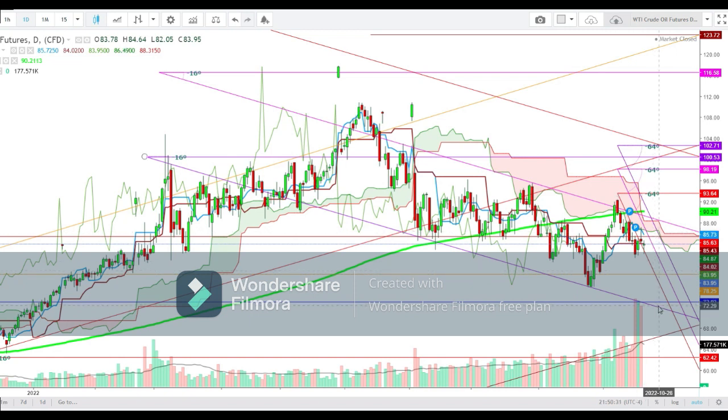So friends, here I find that if the crude oil futures find a bounce back from these lows during the upcoming week, we'll have to see whether the crude oil futures are able to sustain well above the levels of 78 or not. Otherwise, this level could continue to provide stiff resistance. So friends, here I find that the overall trend could remain extremely bearish for the crude oil prices.